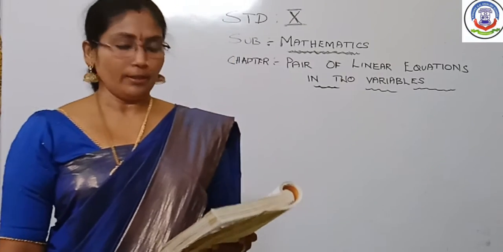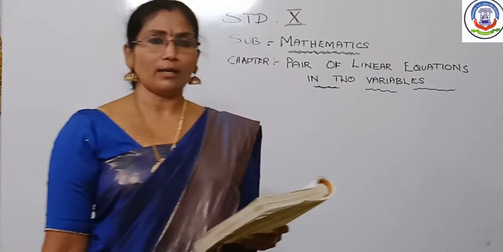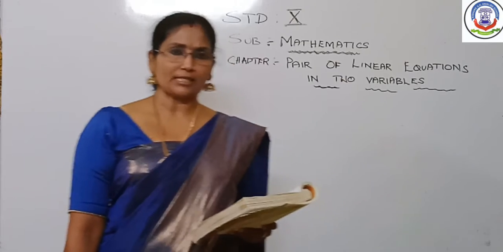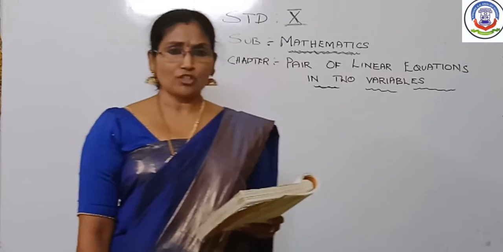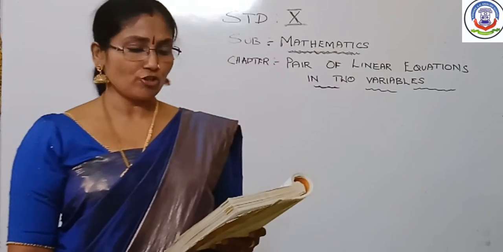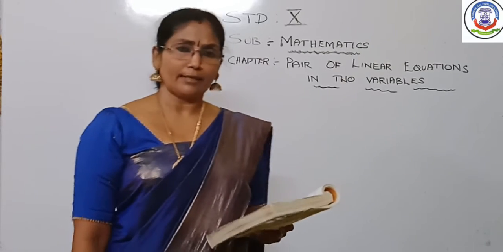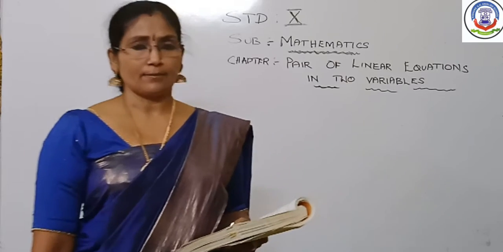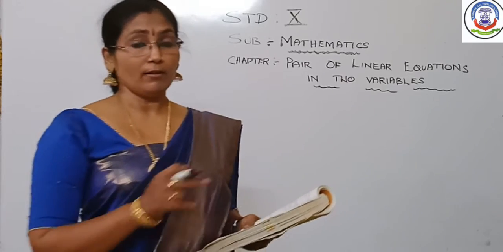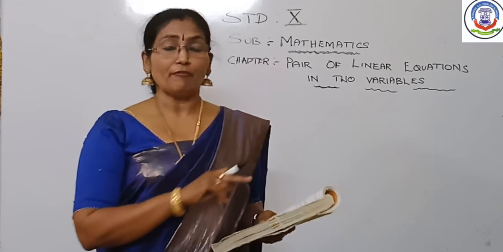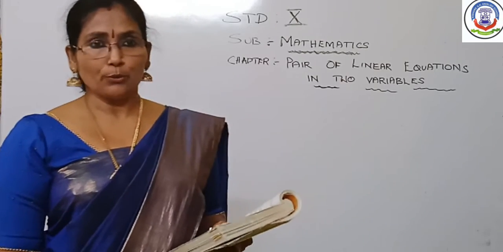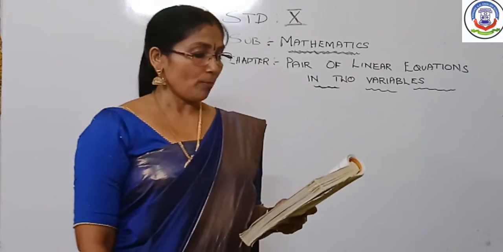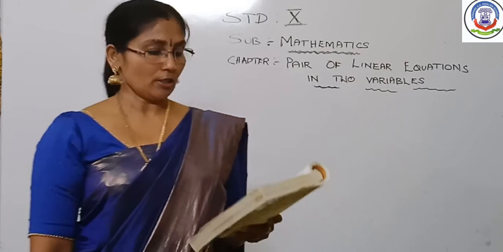Now the second question, third question, fourth question: these are all easy for you. You can do them yourself. The second question is related to ages; we already completed that type of sums in the previous section. The third sum was the digit sum, which I explained very clearly in the previous lecture. That also you can do as homework. A little bit of problem you may face in the fifth sum.